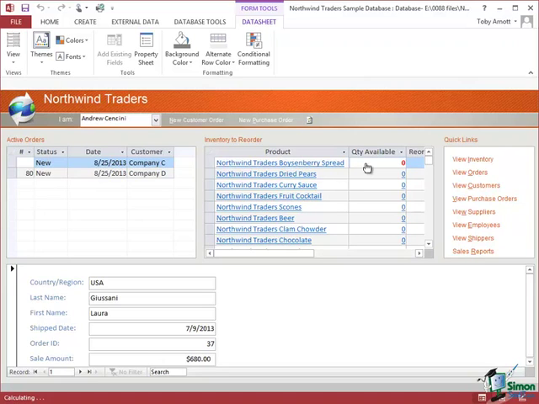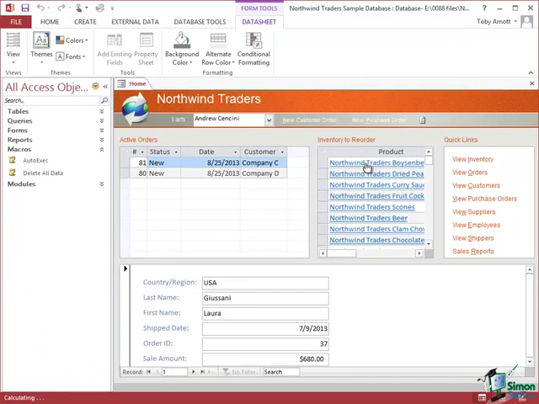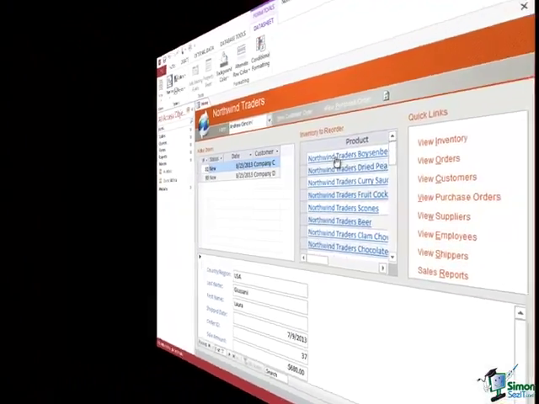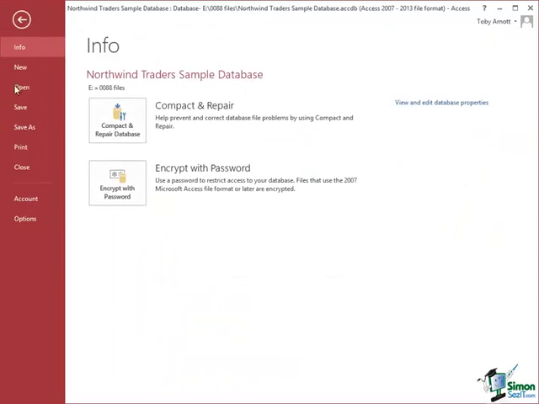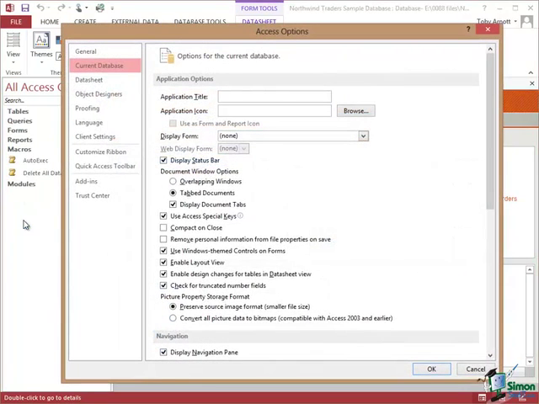However, we do know that they can press the F11 key and bring it back again. We'll talk about suppressing that in a moment, and there's also another way that we can get around that, and we're going to talk about that in a moment as well. Now let's start by looking at that F11 key, the business of being able to press the F11 key to show the navigation pane. If you go into the Access options and click on the current database page,